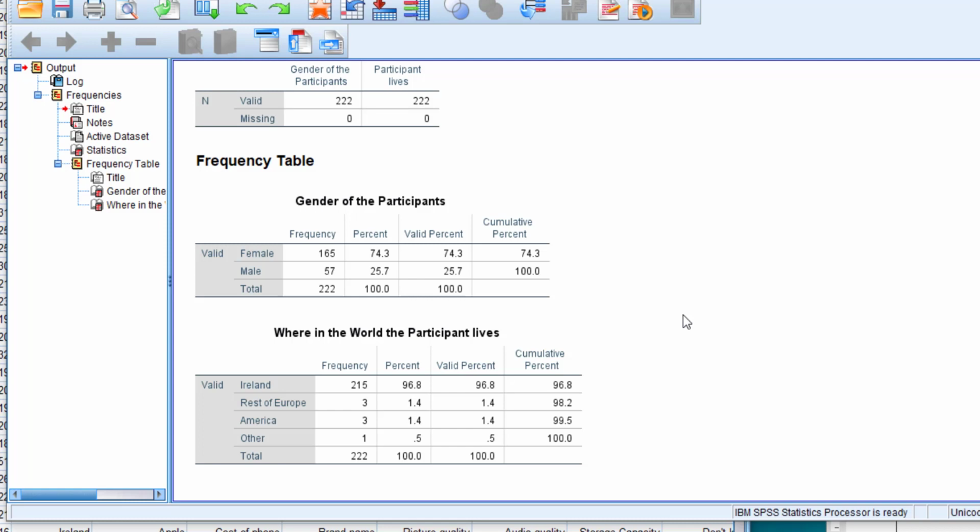So the next thing down here, it's telling us where in the world, and again the same information. You might notice there that other is missing, so obviously other was not selected at all. That's why it's not there. You'll also notice down here that Asia is not here. Again, no participants. So basically when you're reporting back on this, you can say from the 222 participants that took part,